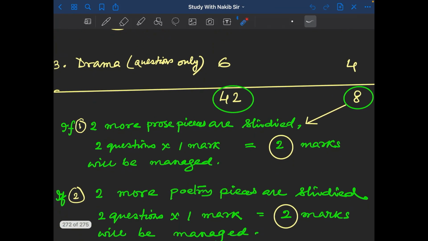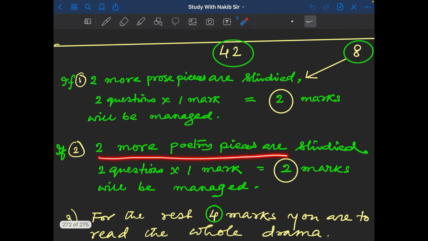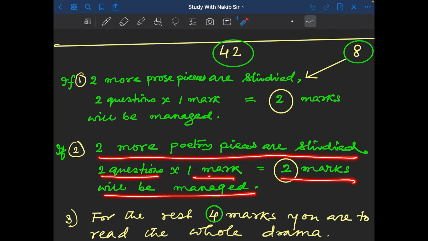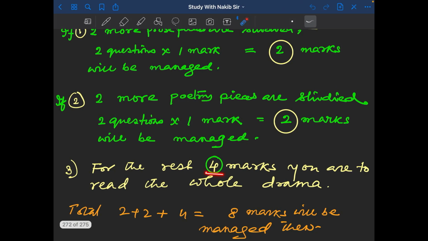Imagine 2 prose pieces for 2 marks only. If 2 more poetry pieces are studied, 2 questions of 1 mark each you will get, and 2 marks will be managed. 2 poetry pieces you have to read for 2 marks only, and for the rest 4 marks